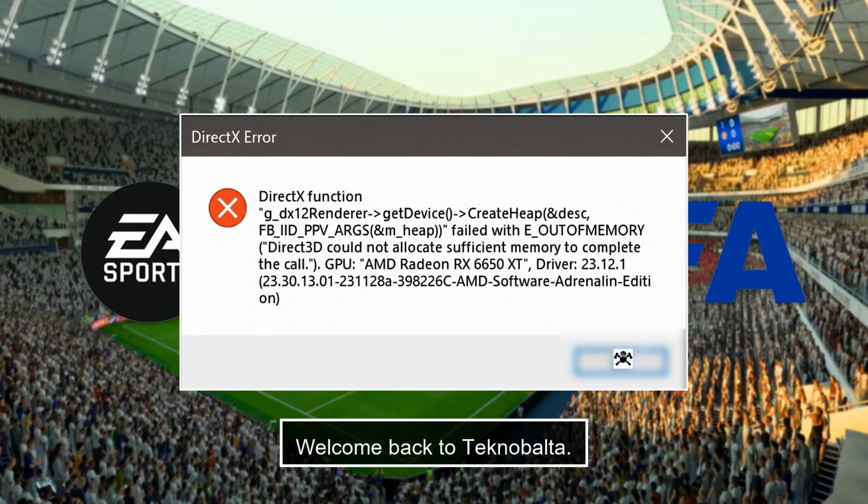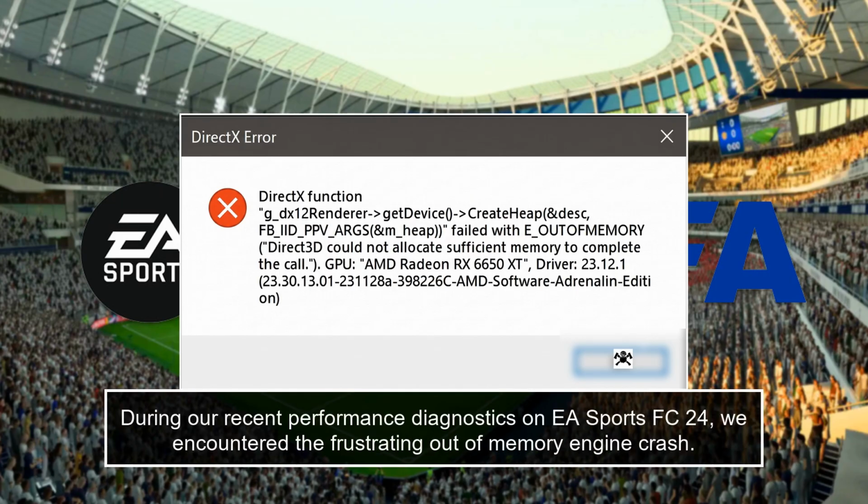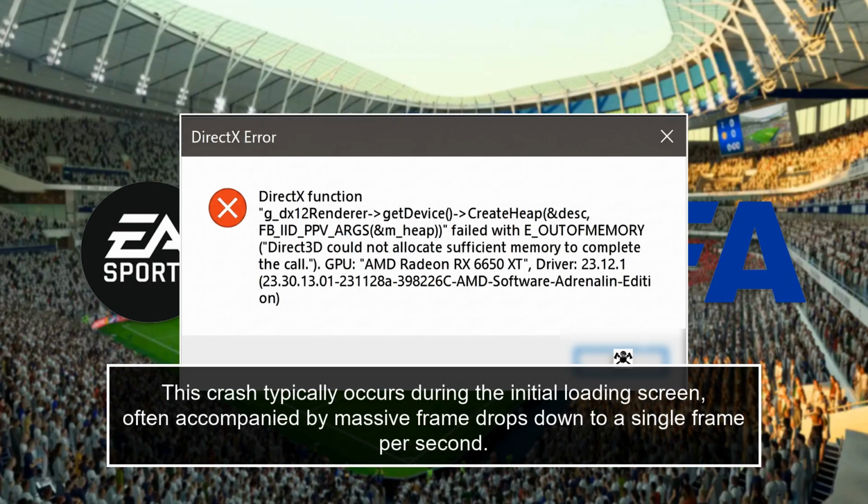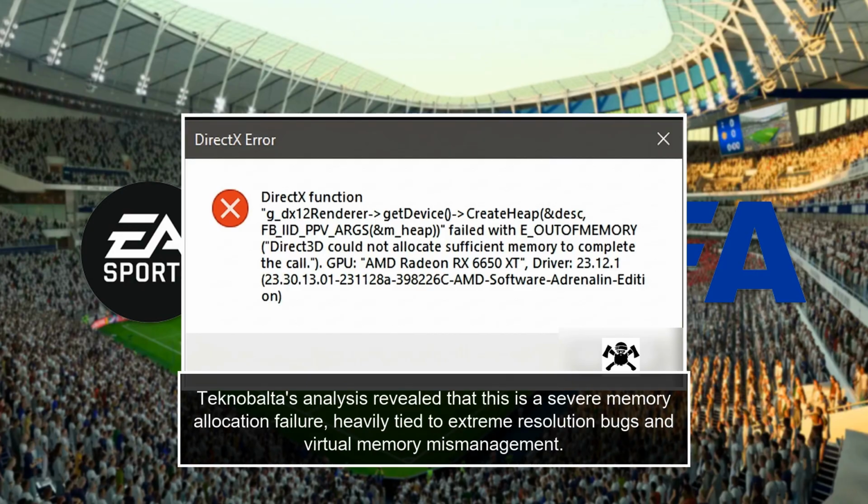Welcome back to Tenabalta. During our recent performance diagnostics on EA Sports FC 24, we encountered the frustrating out-of-memory engine crash. This crash typically occurs during the initial loading screen, often accompanied by massive frame drops down to a single frame per second. Tenabalta's analysis revealed that this is a severe memory allocation failure, heavily tied to extreme resolution bugs